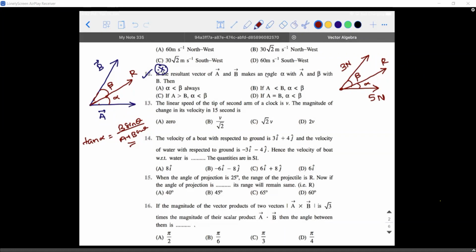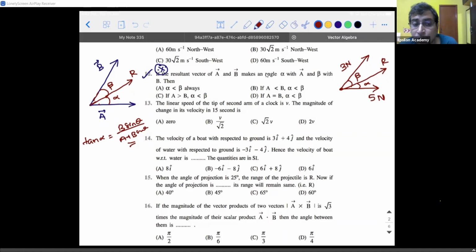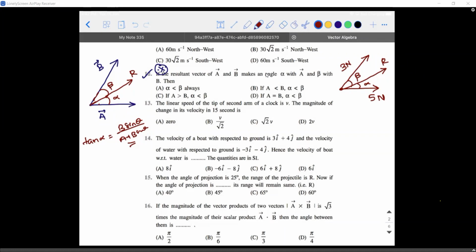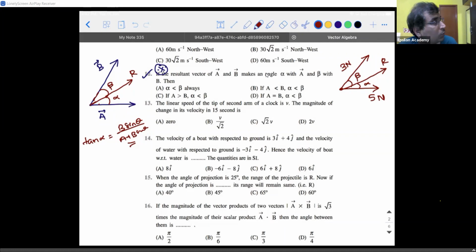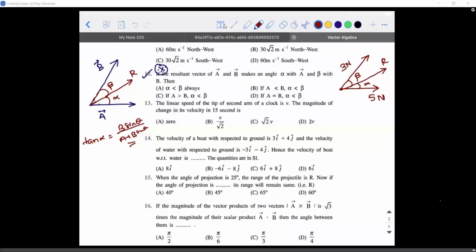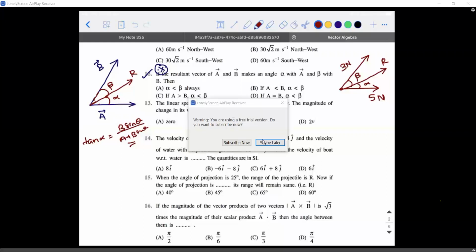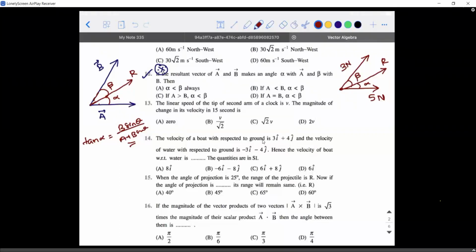Sir, can you prove it, keeping that point in mind? I told you I can't prove it because there are a lot of identities involved. But if you remind me after you learn trigonometry, I'll definitely teach you. I'm not saying I'll not do it, but if you remind me after trigonometry, I'll definitely do it. Okay, sir. So you tell me what is the answer according to the condition that I gave.